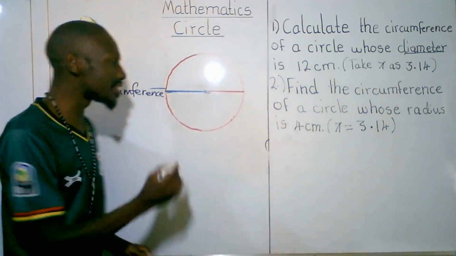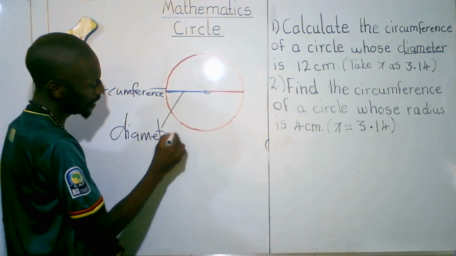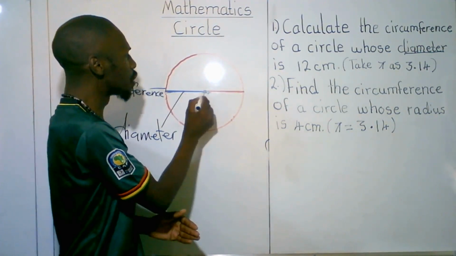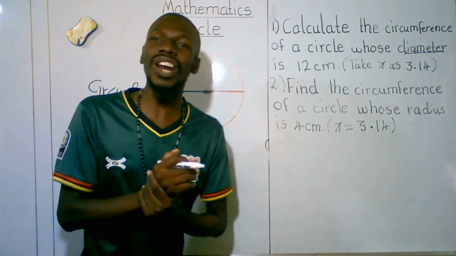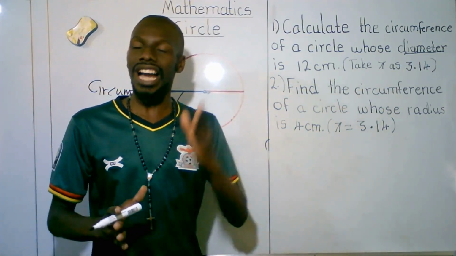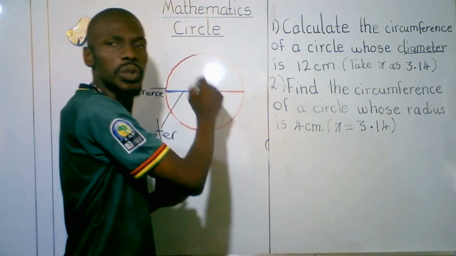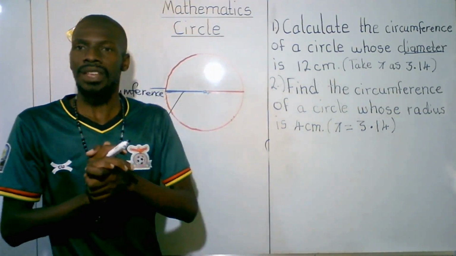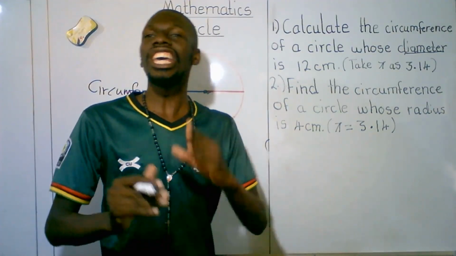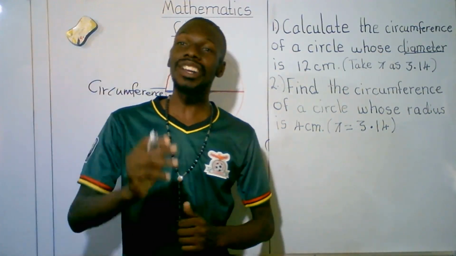Then there is a line that cuts the circle into two halves. This line is known as the diameter. The line that runs from the circumference to the center of the circle is known as the radius. So the radius is half the diameter. The constant pi relates these distances, and the approximation for pi is 3.142 as a decimal number,